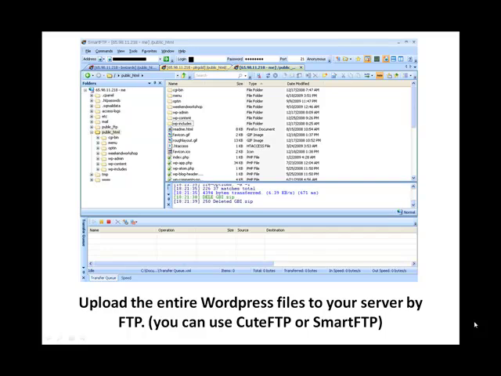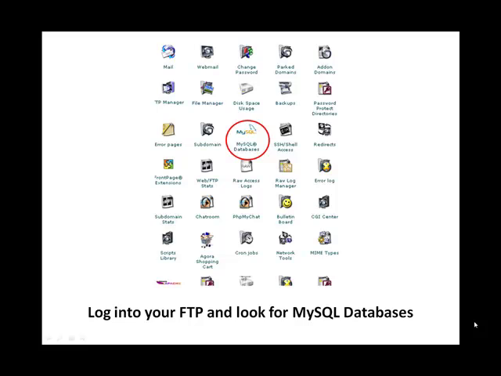Then, using your FTP program, upload all of the files to your web host. All of it. If you don't have an FTP program, you can search for Qt FTP or Smart FTP. Download either one of these programs online and install to your computer. Uploading these files will take a while because there are many of them. So don't waste any time